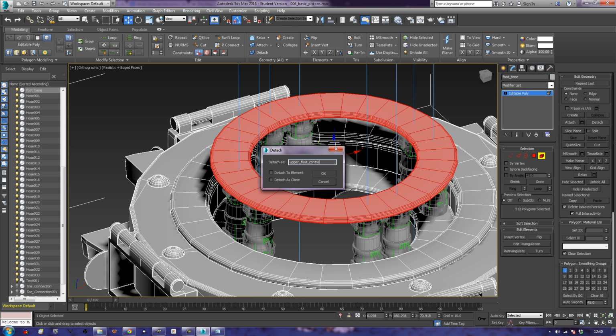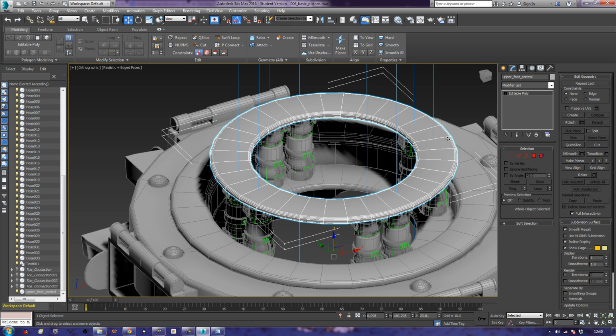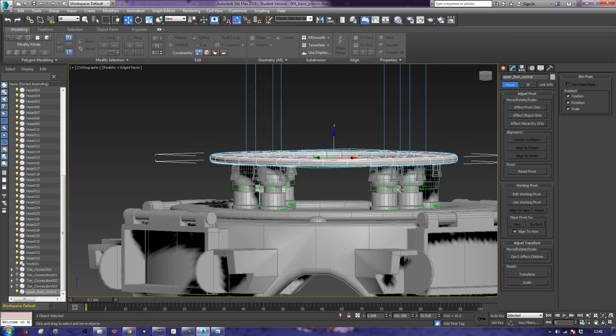Okay, so upper foot control, this is the ring that anything else for the foot is going to hang off, basically. So it's quite an important part. Okay, and I'm going to affect its pivot and just center it completely. Right, now, what I can do here, I'll drop in perspective because I don't like orthographic very much,